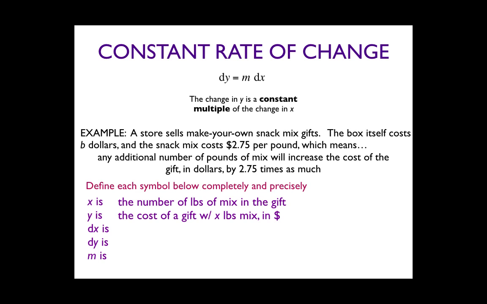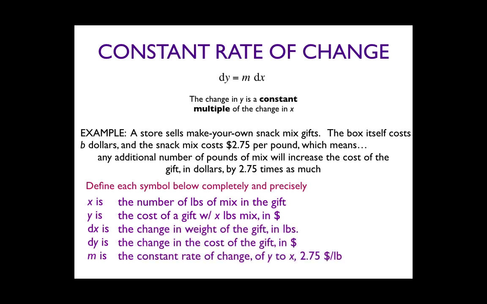Yeah, it's $2.75. The $2.75 per pound, it's that constant rate of change. It's the per pound charge of snack mix, however you want to describe this. So constant rate of change is the generic term of y to x. But in this case, I can say it's the unit price of my snack mix, which is the normal way that people would say that in context. It's a constant rate at which you pay: if you change one thing, you change your price. All right, so